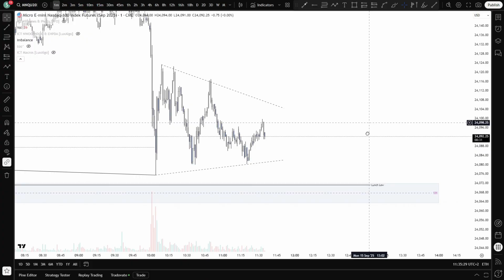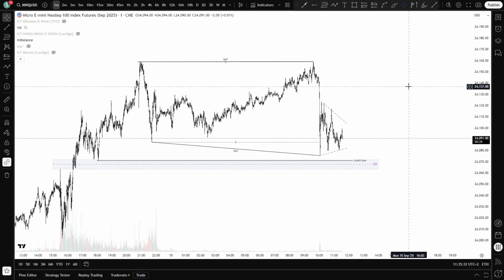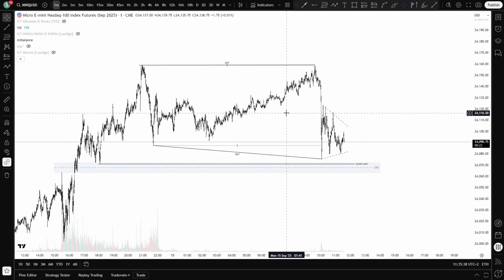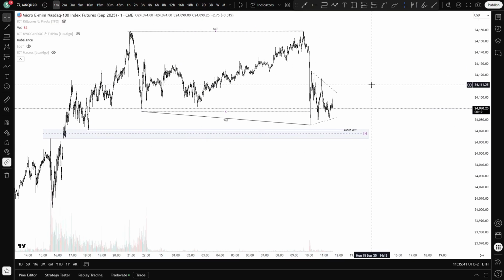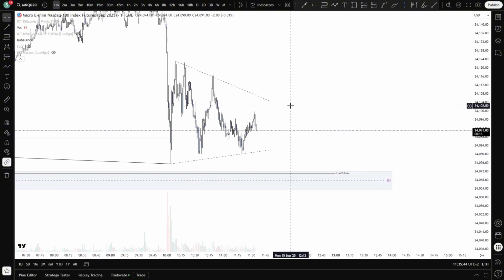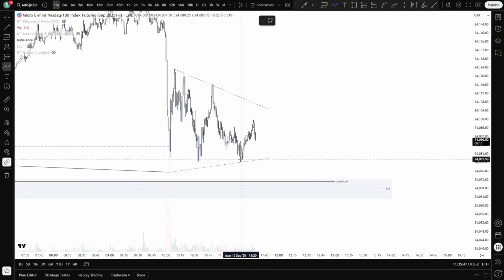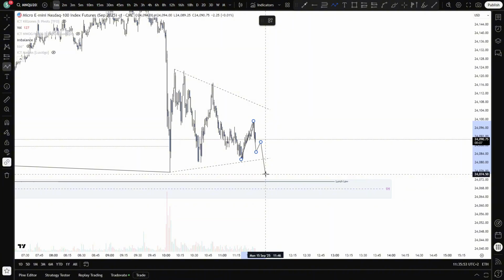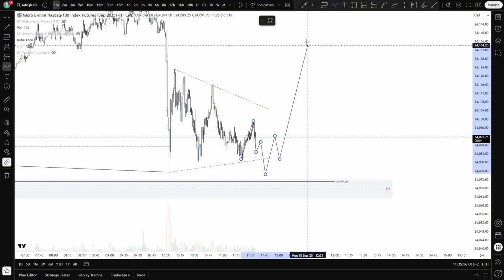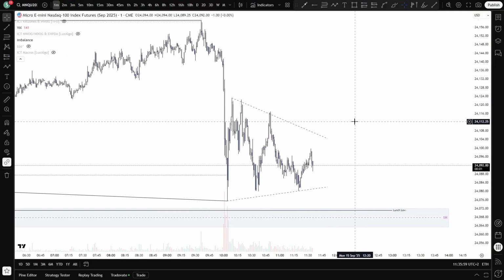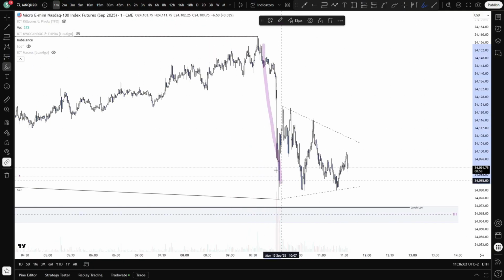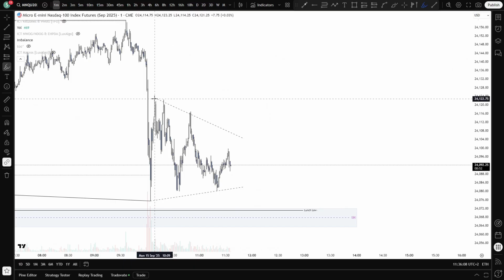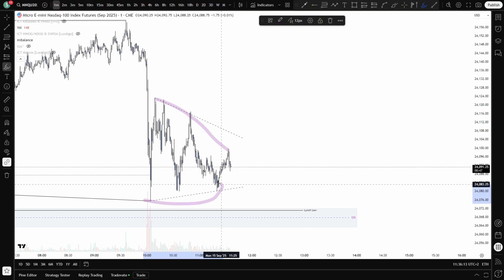So the plan for today is for now to continue trading towards the upside, because locally we hit our technical target and there's not really any more liquidity to be taken out apart from this lunch low. So we are watching this local retail pennant compression. As I said, if we're gonna get something like this, take out the lows of the pennant, maybe even this low, get a nice break of structure, and from there continue your uptrend. Because of course, after a big dump down like this and not really any liquidity like we built up here, the market has to build up liquidity for itself and liquidity to fill up orders.